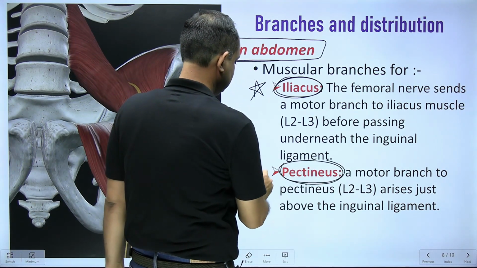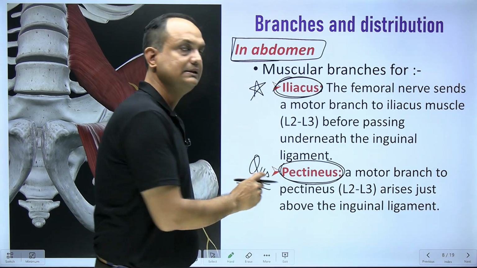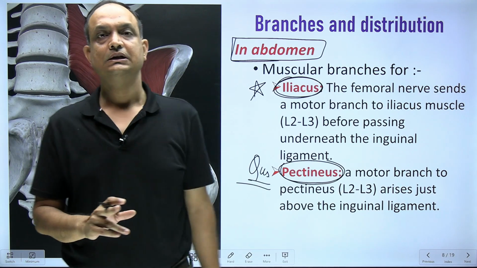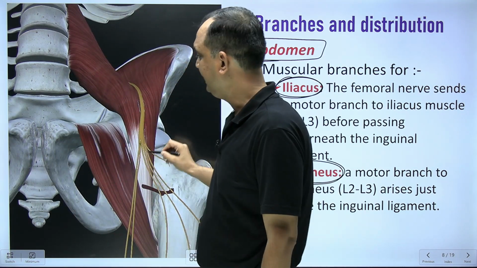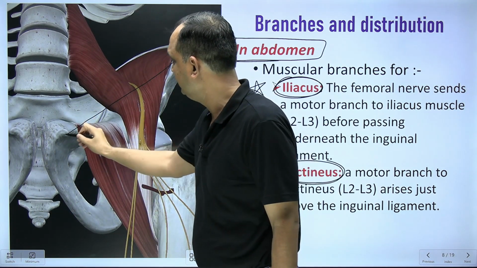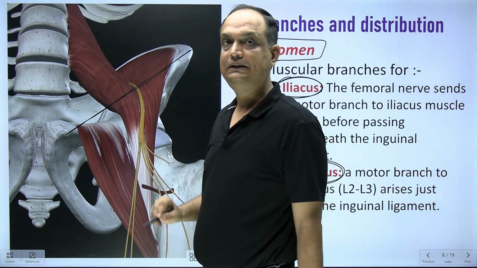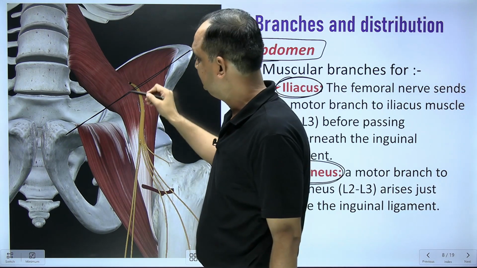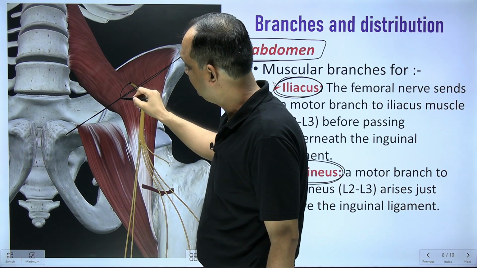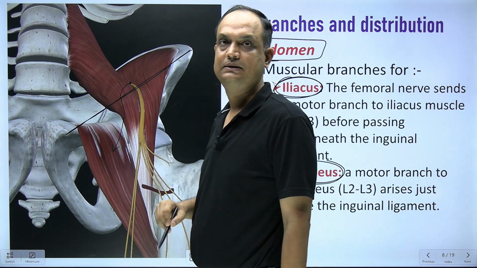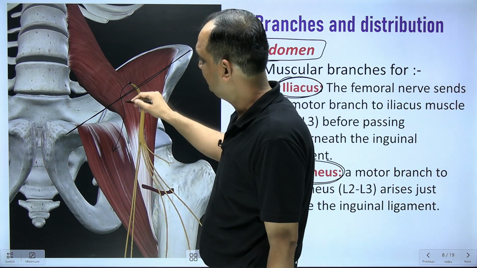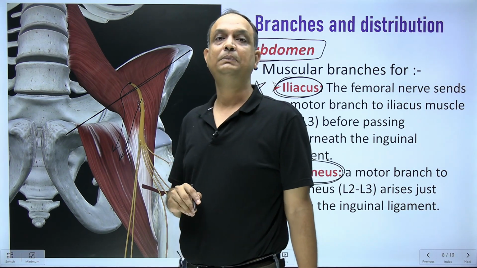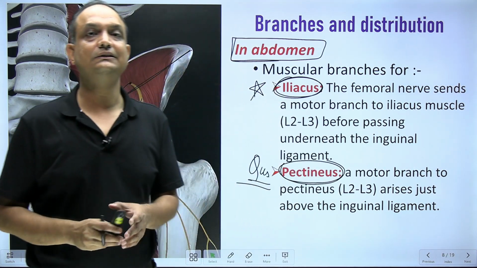Now my dear students, this nerve to pectineus has some different origins. Why am I saying this? Because some authors say that the nerve to pectineus, suppose this is your inguinal ligament, arises in the abdomen above the inguinal ligament. Then it goes deep to the inguinal ligament to supply the pectineus. Some books say that this nerve to pectineus may arise in the upper part of front of thigh to supply the pectineus. So this is the